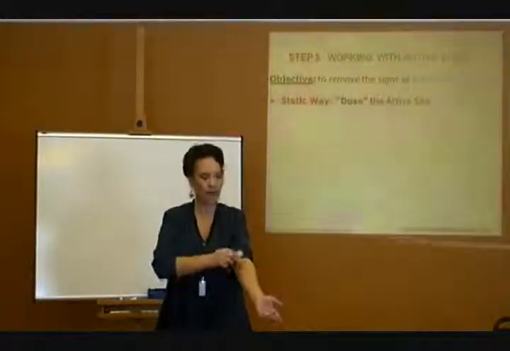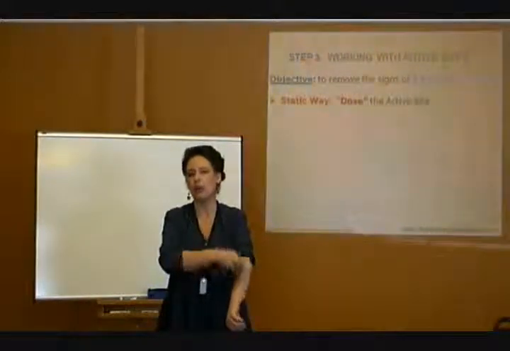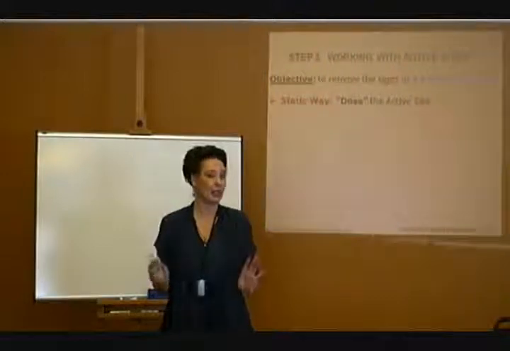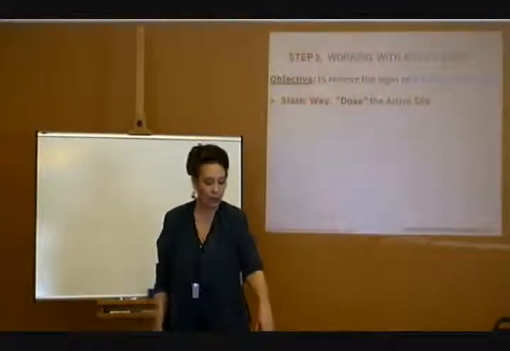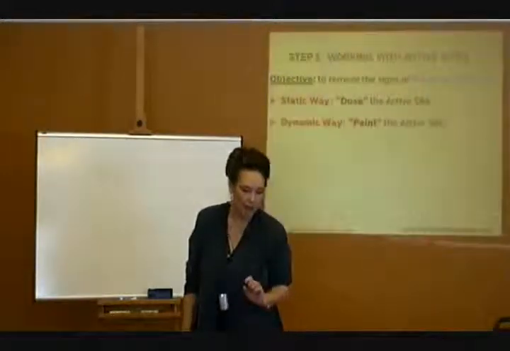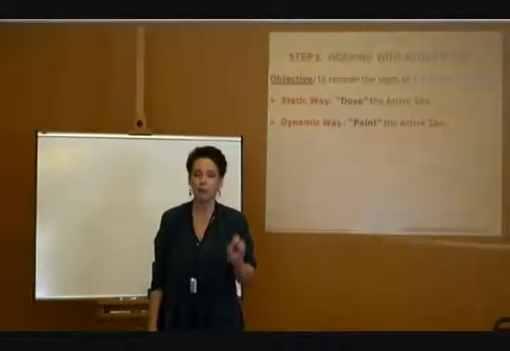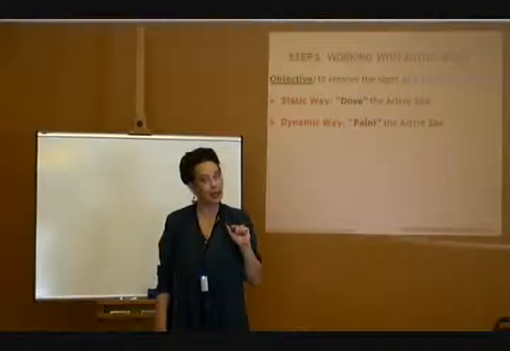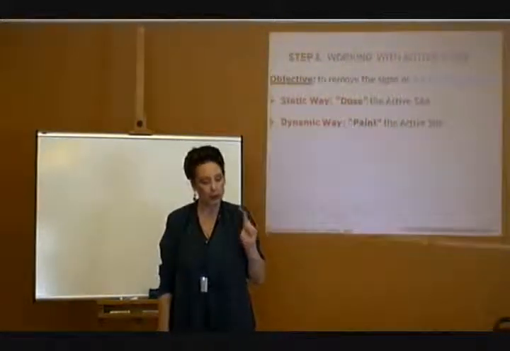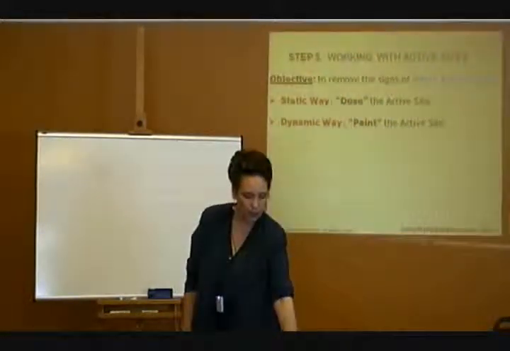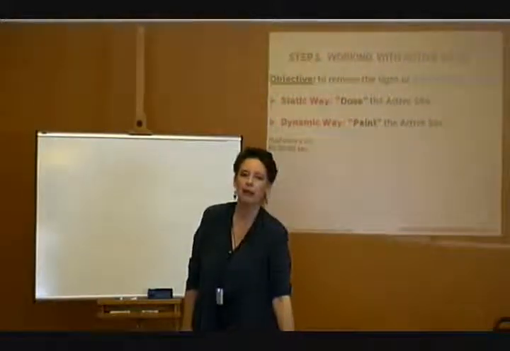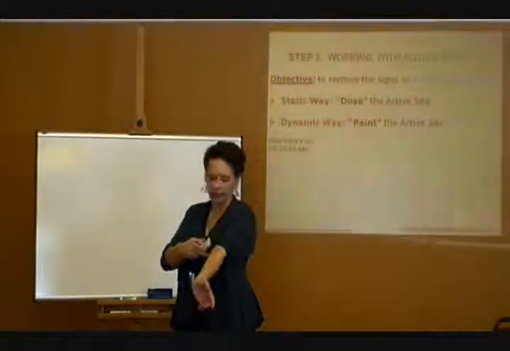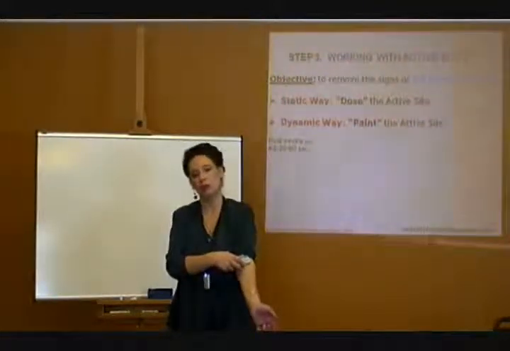So, chase the small asymmetry, dose each time when you find it. So that's a static way, that's simple. Now the second way is the dynamic way. And dynamic means that as soon as you find the site, now you will be painting it too. But the painting is not just in any way, it's actually in several directions. As soon as you find your active site, you stay on it for about 30 seconds to a minute,